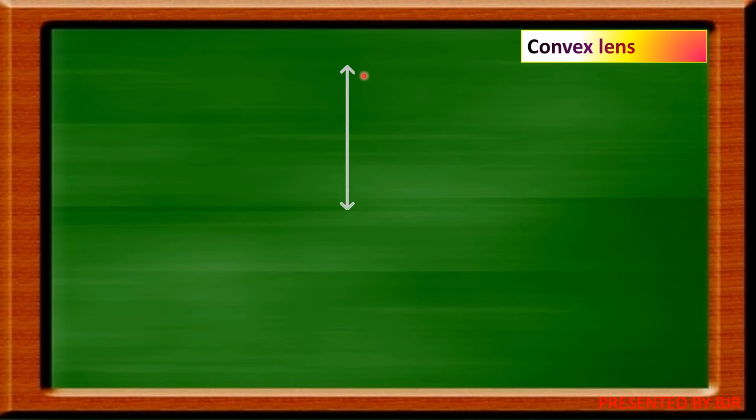I already explained you. The only thing is that I am using the symbol in place of convex lens, and I will show you its focal point. Can you tell what is this point? It is the optic center P, and remember, this side is C1, center of curvature 1, and center of curvature 2, C2. Now this one is the principal axis. Now we have to show where is the focal point.